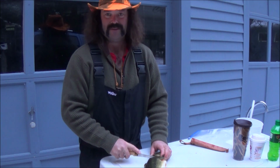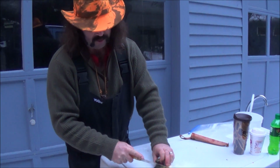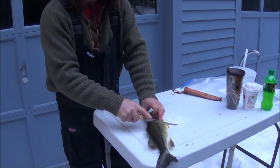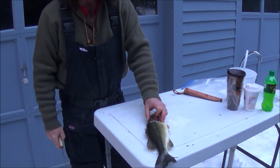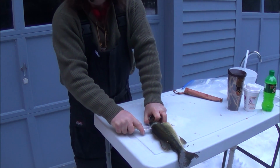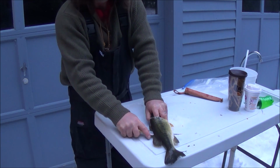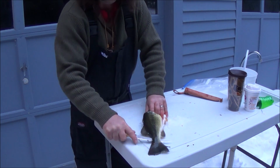Yeah, exactly. But essentially you come up behind that gill as close as you can to the cheeks, and you cut at a bit of an angle down to the backbone. You get to the backbone, this is the trick. You've got to find the top of that backbone, and I'm right there. All I do is take my time, don't rush it. Right down that backbone, get right to the tail,